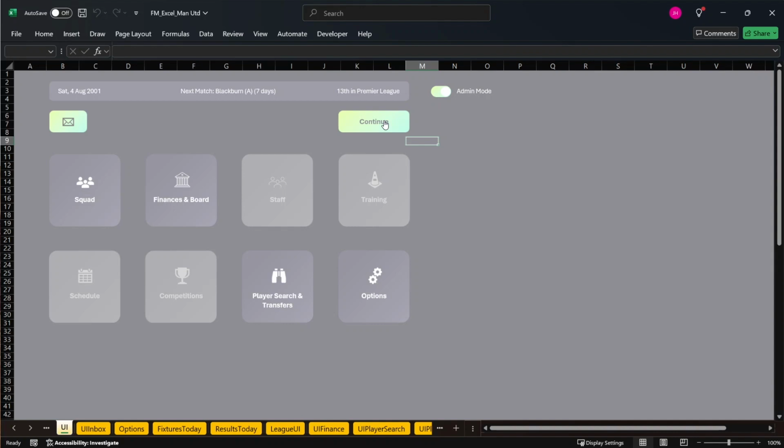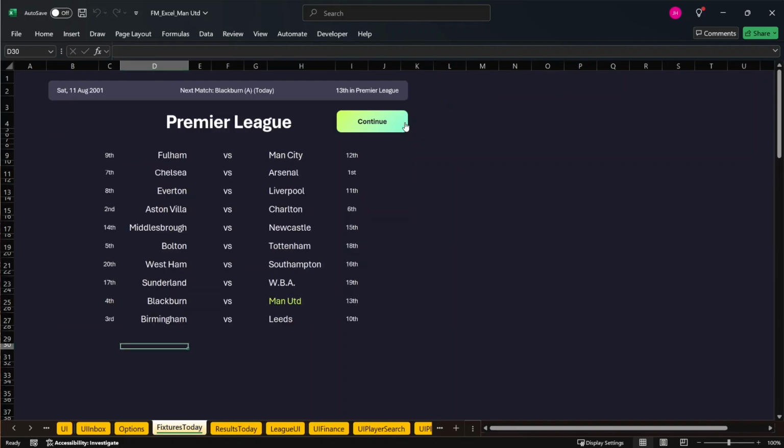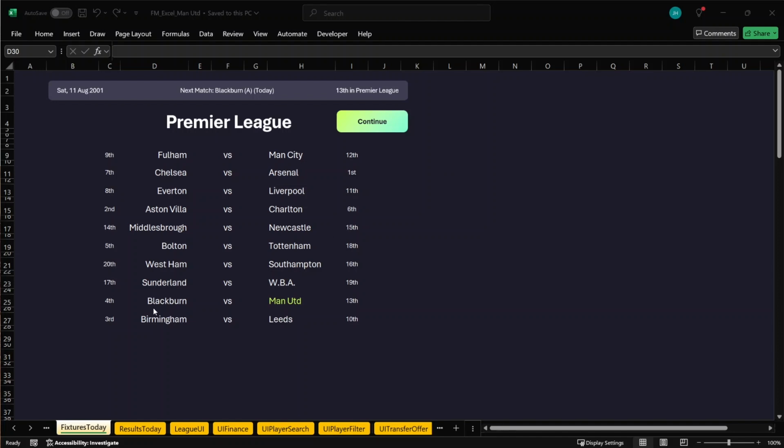Okay, I'm just going to continue now, and I'm going to let this run. You'll see processing going on every single day. Some days it will take a little longer than others to tick over, depending on what processing is going on in the background. But we can see we've got Blackburn today. So now when we hit continue, it's going to take us to the fixtures screen. Obviously you can see that we're away to Blackburn, and down each side we've got the current positions for each of the teams. If we continue now